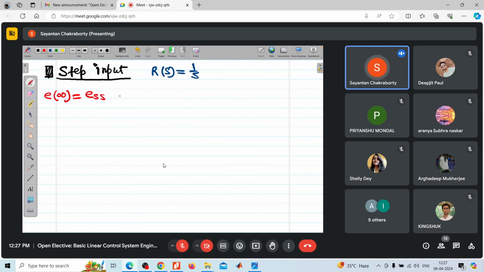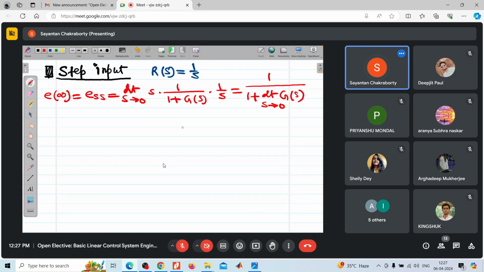In some situations, it is defined as e_ss, that is limit s tends to 0, s into 1 by (1 plus G(s)) into R(s) is 1 by s. So s gets cancelled out. So it will be 1 by (1 plus limit s tends to 0 G(s)). And this is